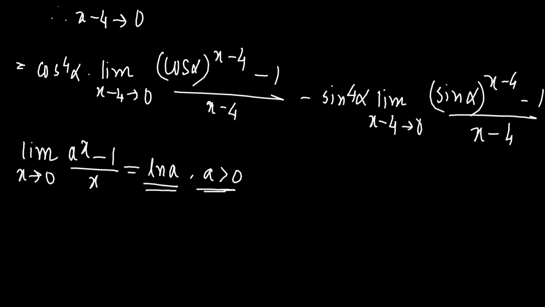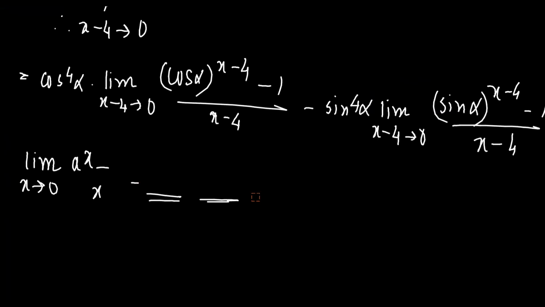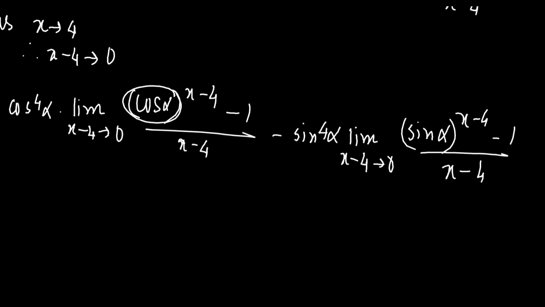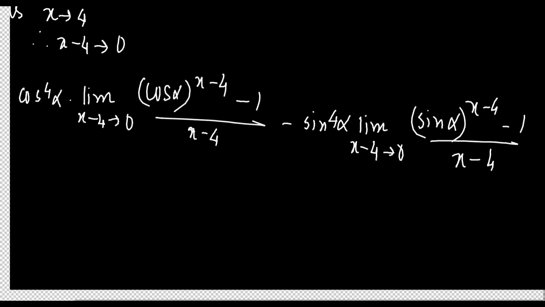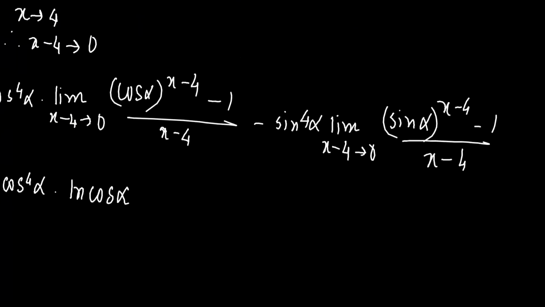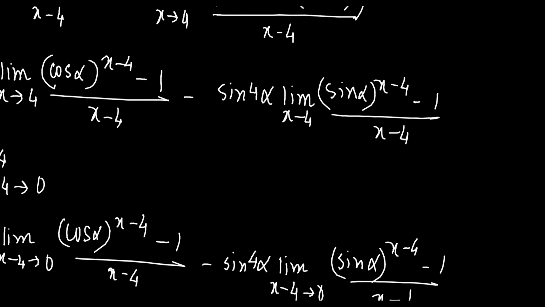Okay, so we will write like this: here our a is what? In this case it is cos alpha, and in this case it is sine alpha. So we will write cos 4 alpha into ln cos alpha minus sine 4 alpha into ln sine alpha. Now here a condition was mentioned, that is 0 less than alpha less than pi by